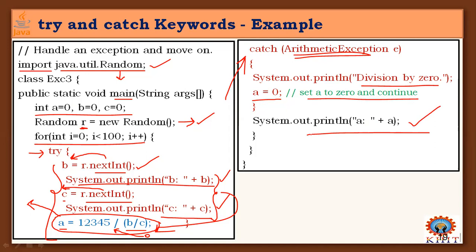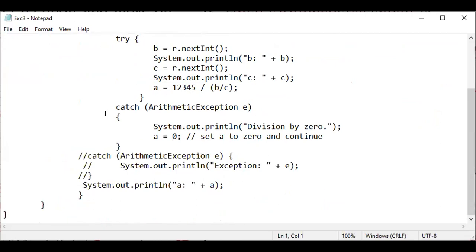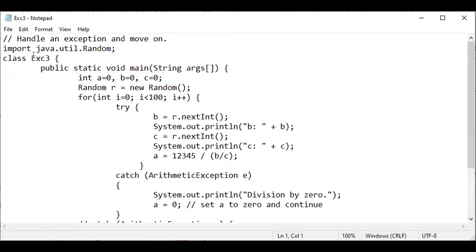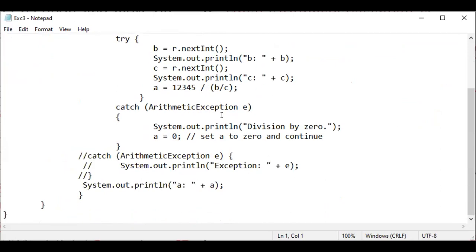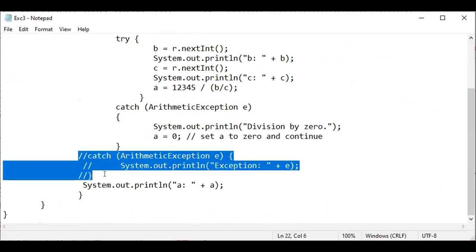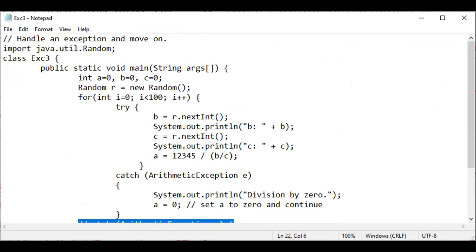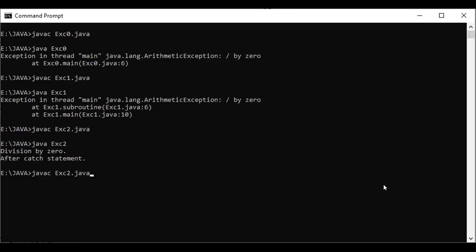Once you go to the execution part, later at the command prompt, we clearly understand how this exception is generated and how it can be handled. So this is the program we have taken here. This class Exception3, public static void main, everything is the same. I'm coming to this one later. First, execute this one. Exception3 example, right?